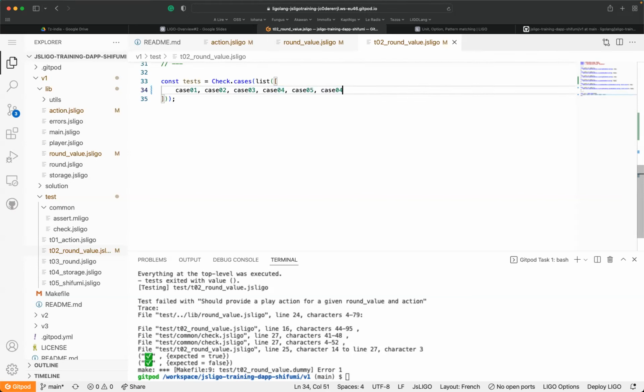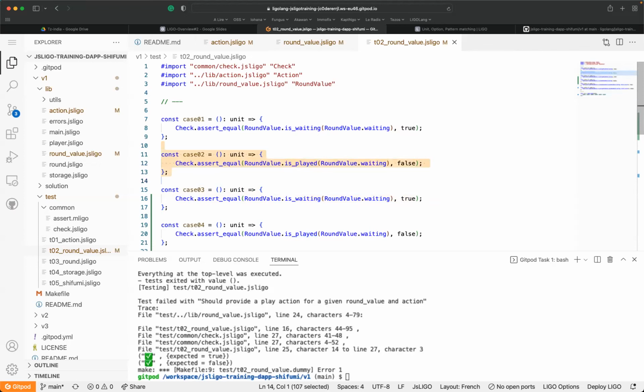So here we have a test which is waiting for waiting. What is missing is, did we have a test for this? Yes. Yes, this one should be the third one, and this should be the second one. Right. Here we're going to test all the cases for is waiting.